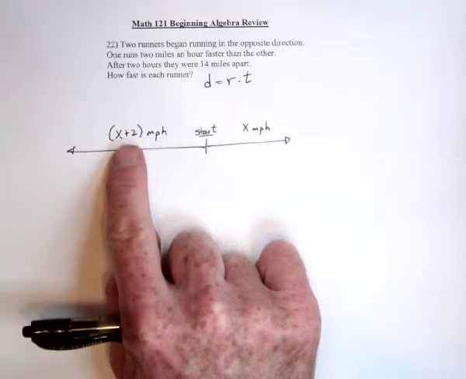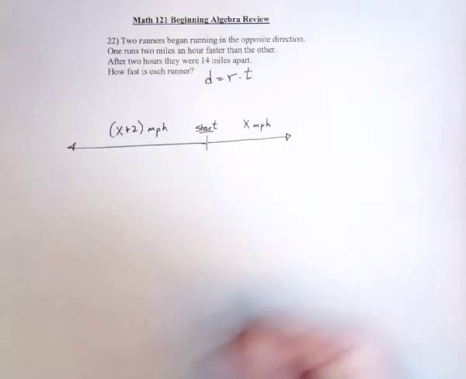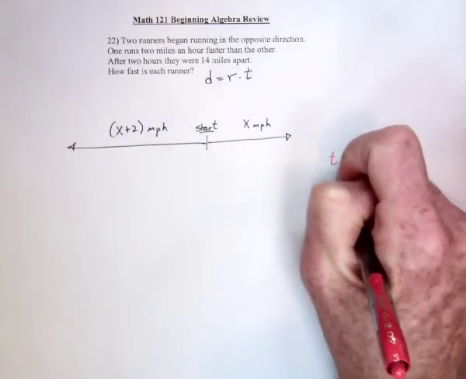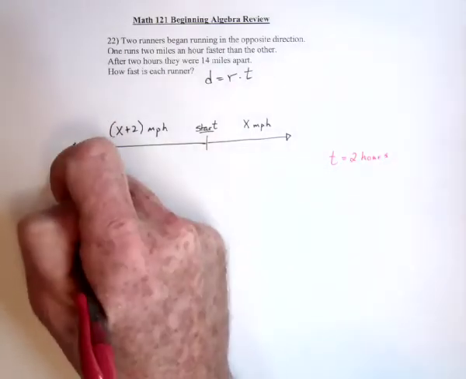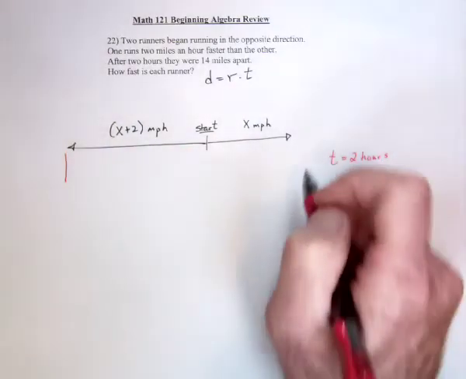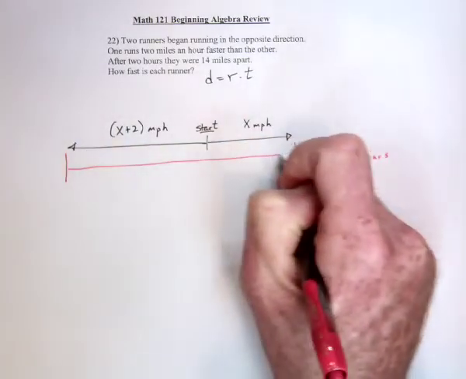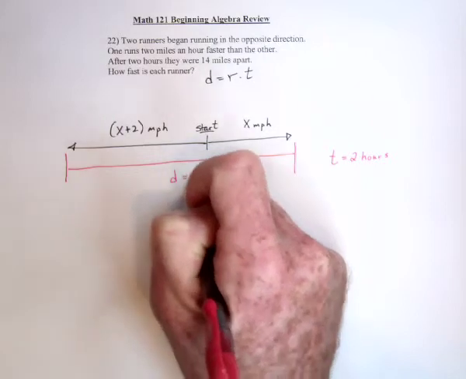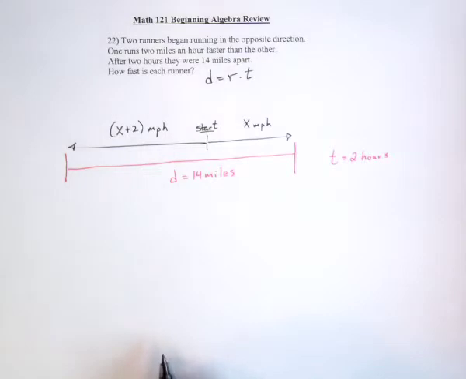Okay, what else? After 2 hours, they're 14 miles apart. So I know that if t equals 2 hours, then wherever this person is, compared to wherever this person is, this distance right here, distance equals 14 miles apart. Now that we have all the pieces put together in a nice little picture here, then we can use distance